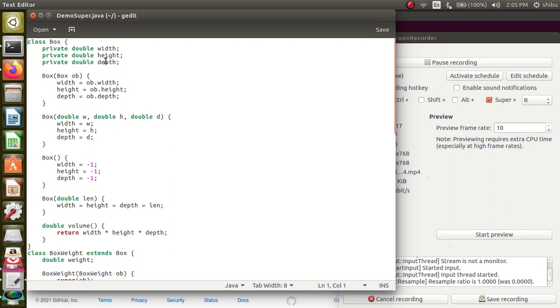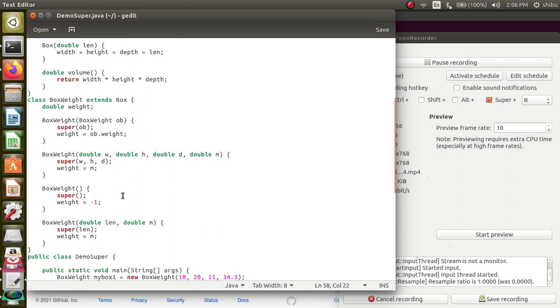Box has three properties: height, width, and depth, and four constructors: a parameterless constructor, then one to which an object of type Box can be passed, then another with three double values as parameters, and a fourth one where we pass a single double value as the parameter. And a method is there which is returning the